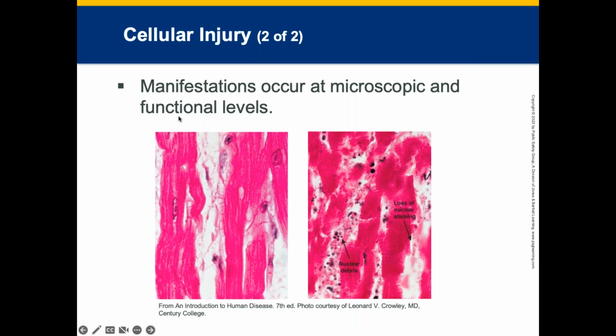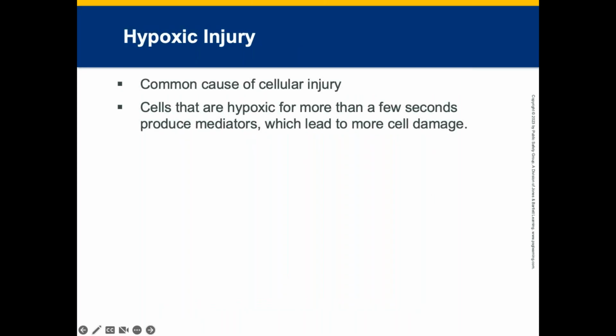Functional disturbances may also include inefficient oxygen utilization, intracellular acidosis, toxic waste accumulation, derangement of nutrient metabolization, and any dysfunction in one system inevitably affects the function of other systems as well. So cellular injury can also be repaired up to a point with proper treatment. That's why it's important to be able to pick up on these types of injuries.